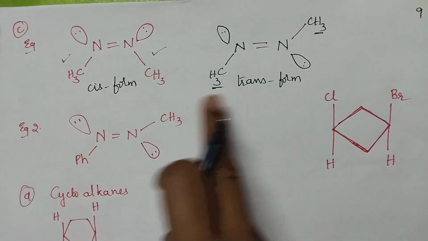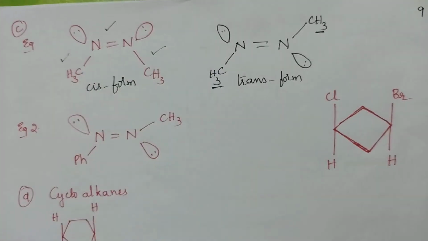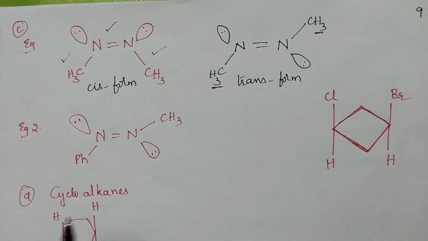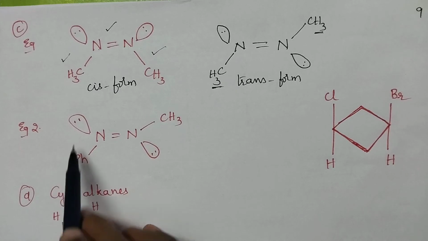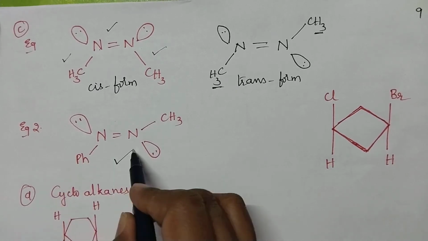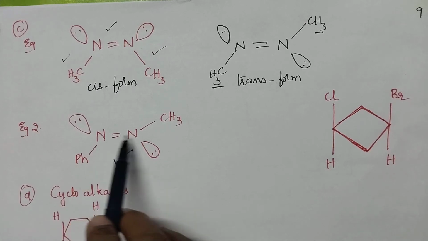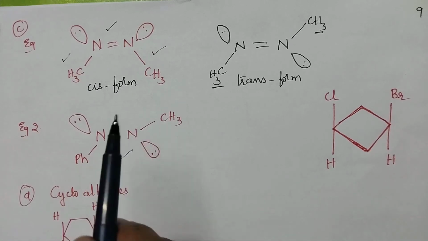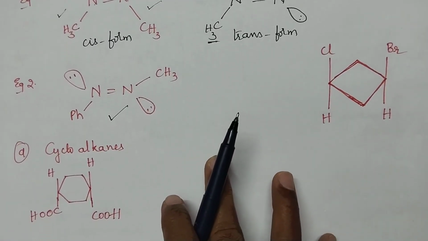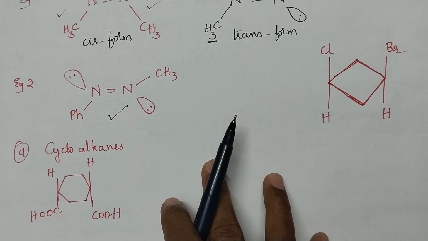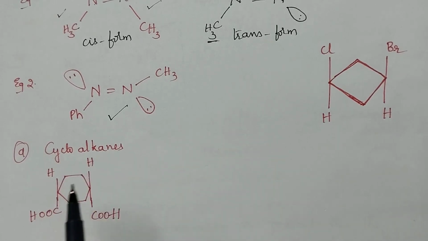Is it clear about the cis and trans forms in the case of compounds containing nitrogen double bond nitrogen? Okay, so you just examine the second compound. Here also different groups are present and hence undoubtedly whenever the double bond is present between two nitrogen atoms, they exhibit geometrical isomerism. And finally we have to examine what type of compounds exhibit it, especially cycloalkanes, whether they exhibit geometrical